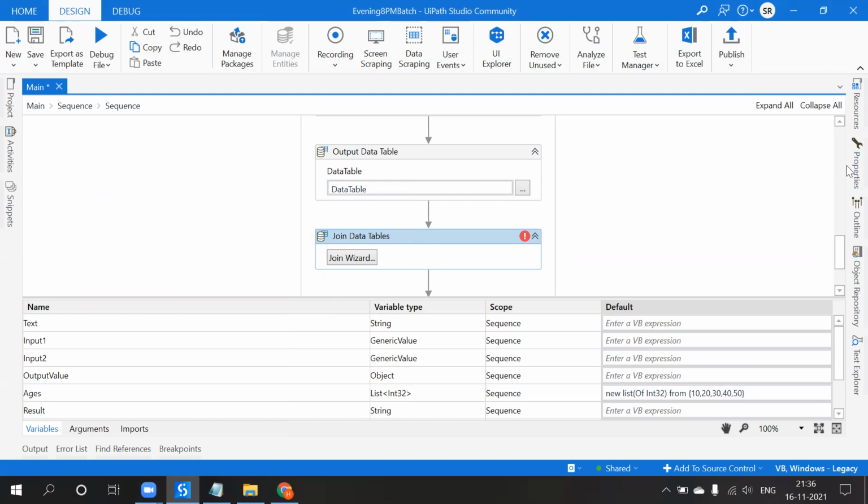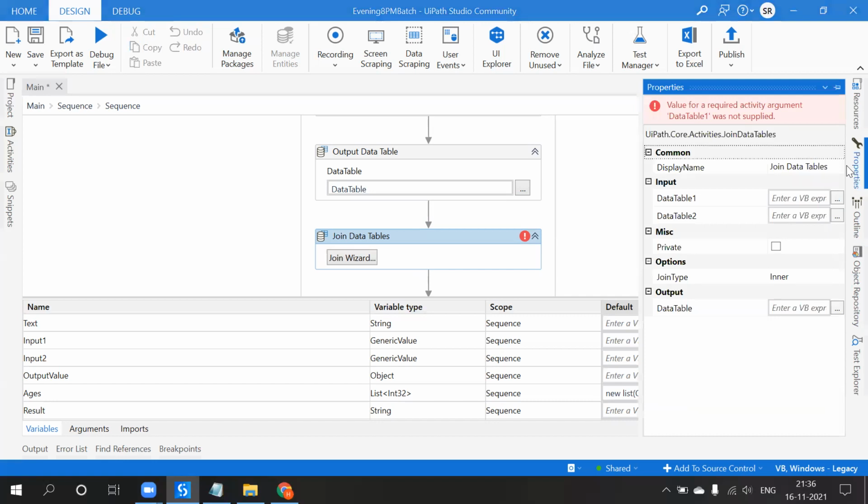Join data table. In this joining data table, what do we have to do? There are two data tables, but what are the join types? What is inner join, left join, and full join? Joining is nothing but, see, there are 10 rows in one table and 5 rows in another table, and you would like to join both tables. So we use join data table, and we have to apply some conditions, that means what join type it accepts. This you also have to remember.